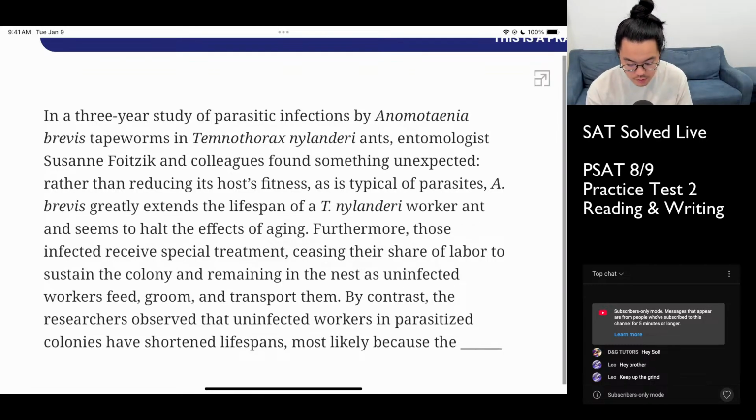Rather than reducing the fitness of the host of the TN, AB increased the lifespan of the TN and halts the effects of aging. Furthermore, those infected receive special treatment, ceasing their share of labor and remaining in the nest. Unaffected workers and parasite have shortened lifespans, most likely because